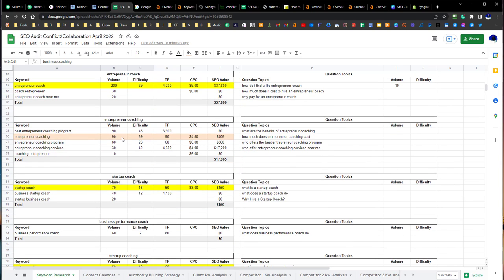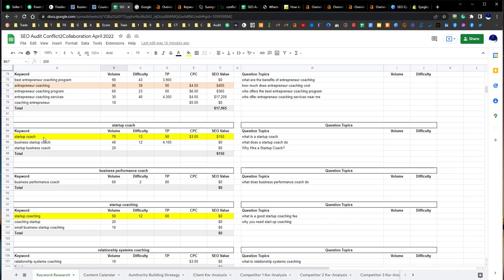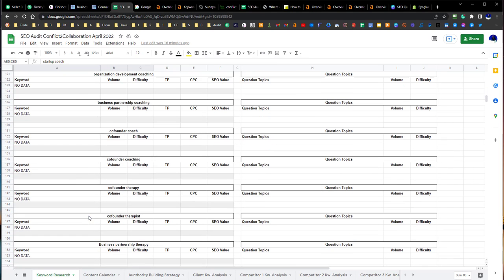If we look at very specific words like entrepreneur coach, I would highlight this one in yellow. It is not extremely competitive, but it is not an easy keyword. It's very targeted, though, if you want to go after entrepreneurs. Entrepreneur coaching does seem to be kind of competitive. Startup coach, I would classify as not a competitive keyword, kind of on the medium scale. And I tried every single one of these words, and there really wasn't any volume specifically for it that satisfied the intent.